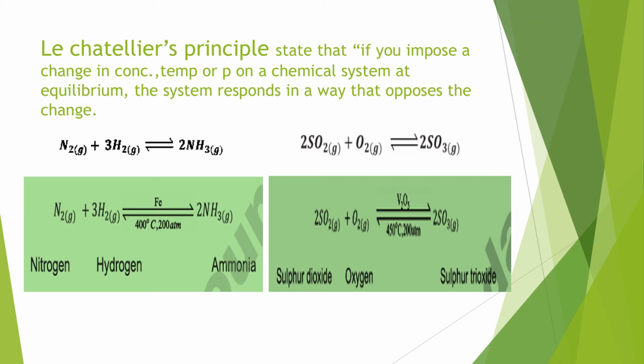So what we do, we just add the iron. It acts as the catalyst in this reaction. Below you can see that I have written the iron, and temperature is 400 degrees centigrade and atmospheric pressure is 200. So we change this normal condition, and we want to get maximum amount of the ammonia. For this purpose, we will add the catalyst. We will change the temperature. At high temperature and high pressure, we can get more amount of the ammonia.